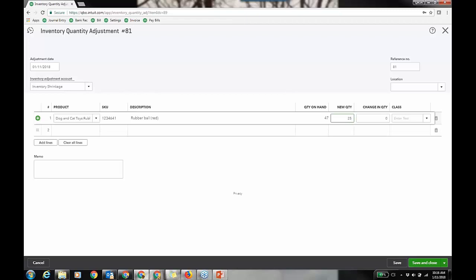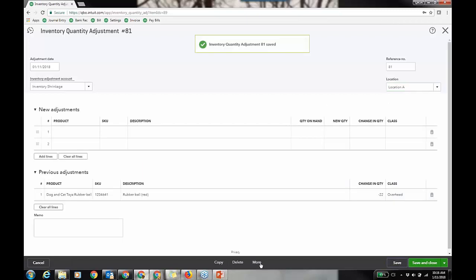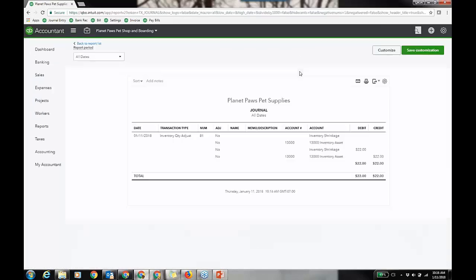You choose the offsetting account. You can even tag a class to it if you want to, or a location, and we'll get to that towards the end. And then you save and close, and then I have that inventory adjustment, right? And then on any transaction, including the inventory adjustment, you can do the transaction journal, which is kind of an advanced concept, but this is your Control Y report. But in any transaction, if you're not sure what it's doing, and I don't think we cover this in the 101, but I always like to mention it at least once, is that you can come in and see